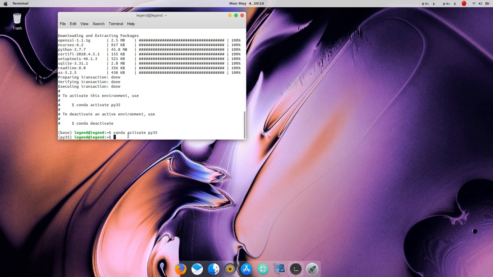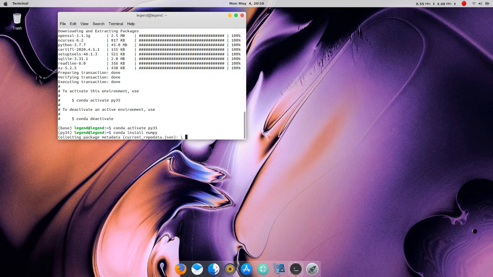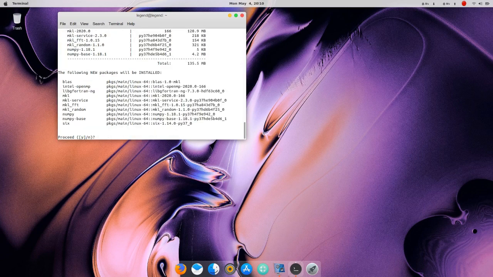First we need to install NumPy. NumPy is a Python package which supports multi-dimensional arrays, and it has some inbuilt mathematical functions that will make our work a lot easier. In order to install NumPy, we just need to write the install command, and it will automatically download all this data.